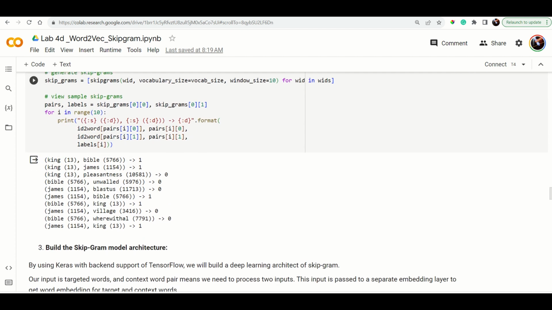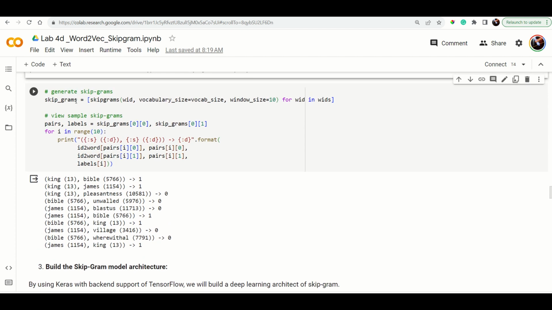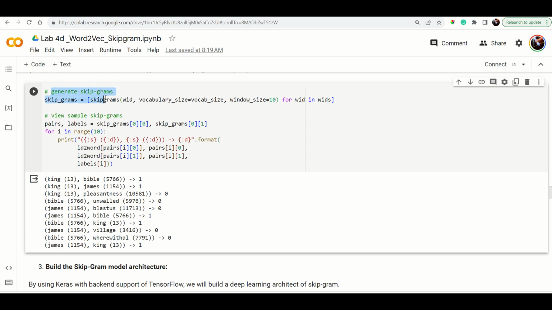As I already told you, there are two different models, right? Here we are using the function API. In order to generate the skipgrams, we pass the word ID, the vocabulary size and the window size, and we go through each word ID. We form pairs, and the labels equal skipgrams of each pair. So we are forming a kind of key-value pair, like king,